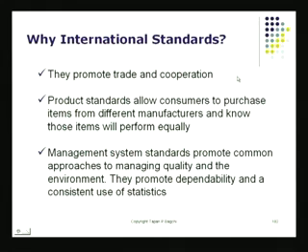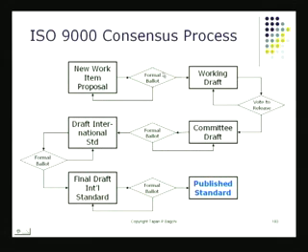It would promote trade and cooperation. That was really the thrust. And there is a particular process through which they reach consensus. There is a systematic process by which they reach consensus. So they started with a working draft, and they came up with a committee draft, and they reviewed the draft